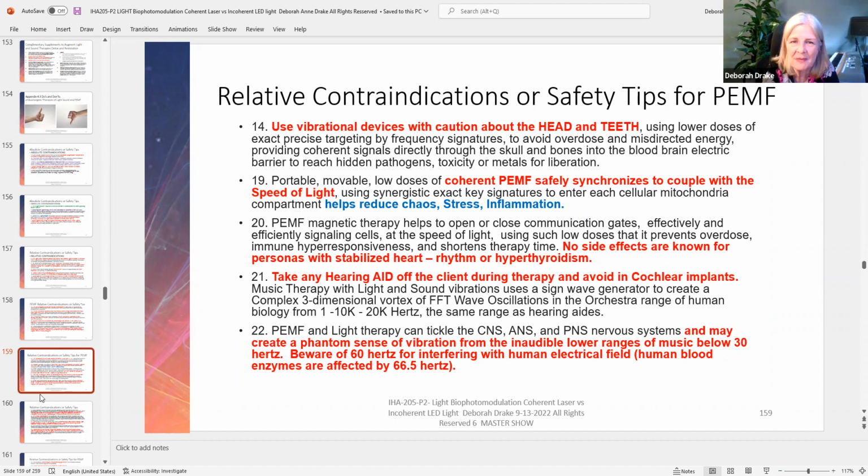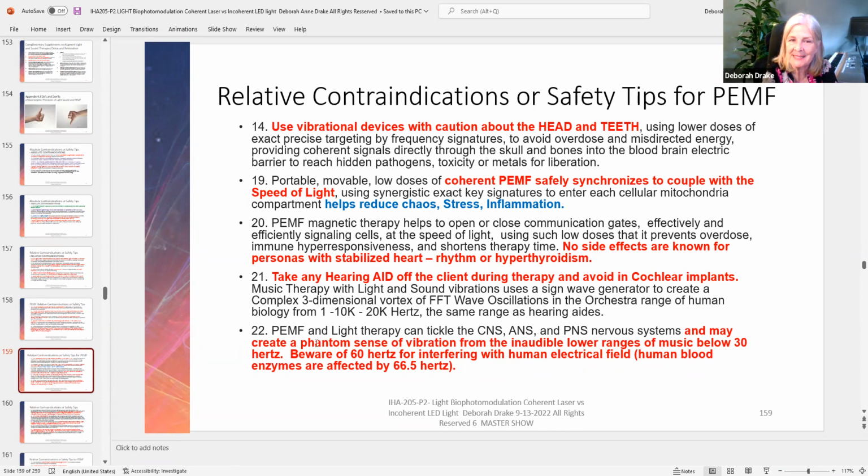So just be careful. If they're palpitating, having heart racing side effects, that might be the detox reaction, but it could be something more serious. So be careful, and make sure that if they've got a hearing aid on, that could be triggered by cochlear implants or other implantable oscillations. Then the high light frequencies could set off a buzz in their hearing aid, okay? So take that off during any therapies.